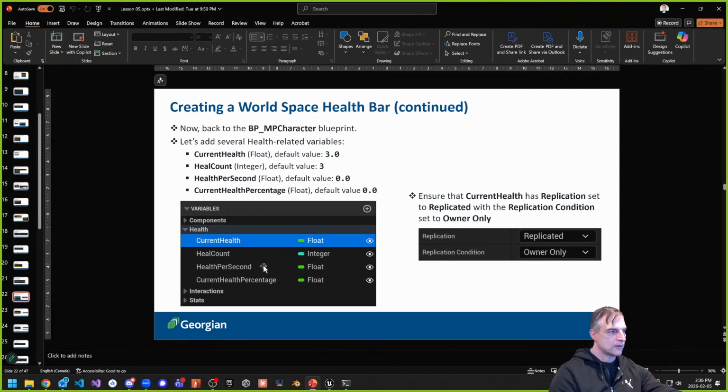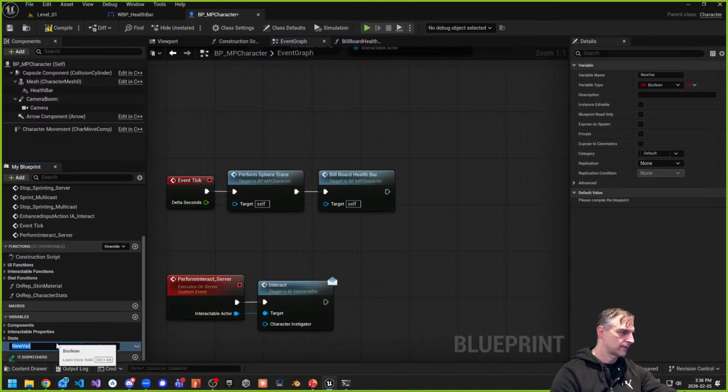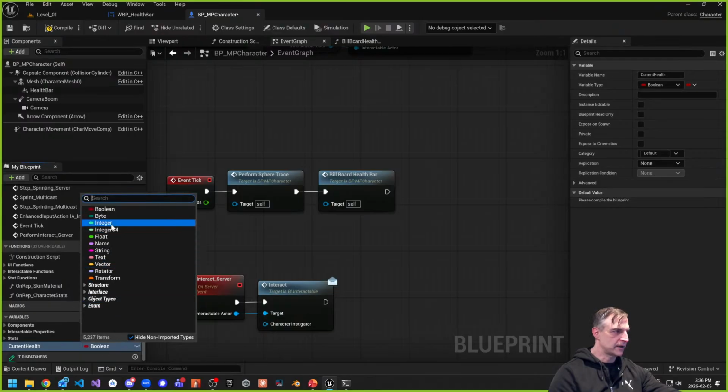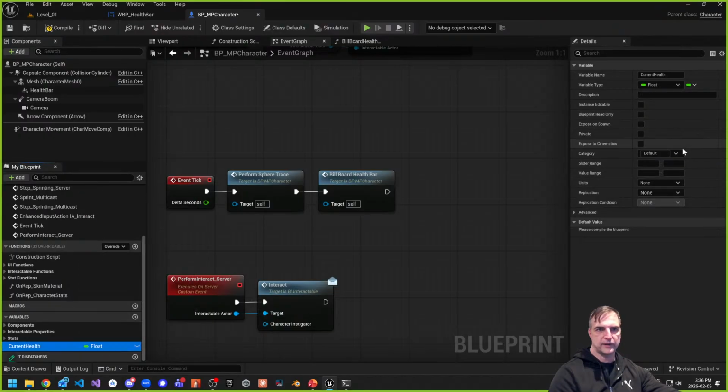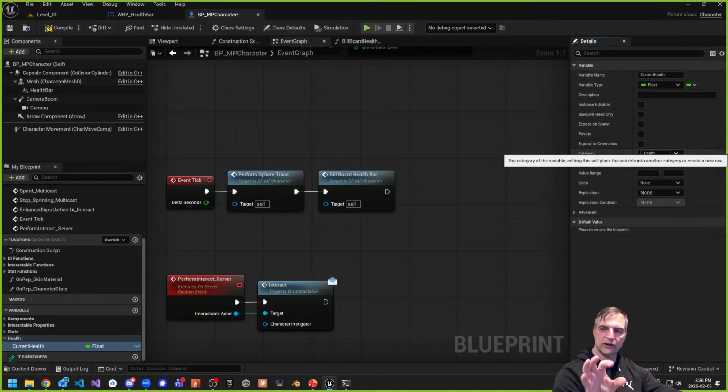And now, what I want to separate from stats, I want to put in all about health. Now, this is up to you. I just like to organize things. So I'm going to make a new one called current health. Current health, and that's going to be a float type. There we go. And let's put that into a category called health, because we want to track that category, especially